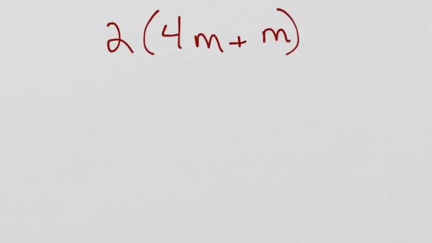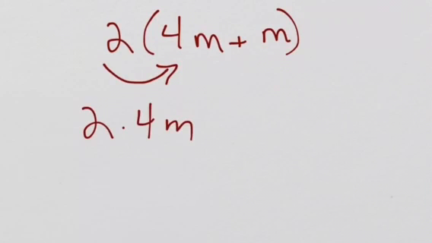Okay, next we're going to ratchet up the distributive property by doing something called combining like terms. Before we combine like terms, however, we want to distribute a 2 to both terms in the parentheses. This is going to be rather simple. We're just going to take the 2 and multiply by 4m. And we're going to take the 2 and then distribute it to the m, so that we will now have